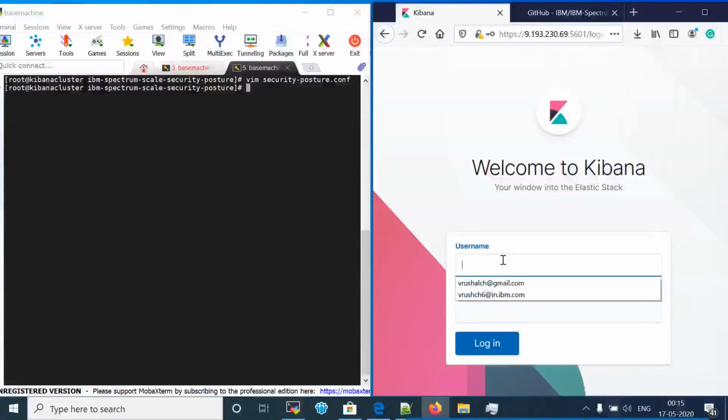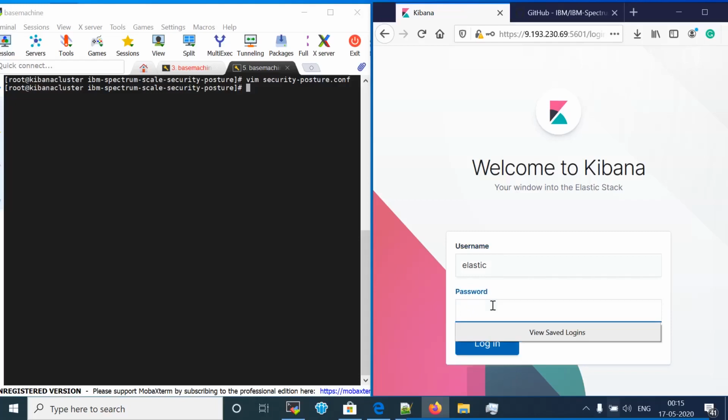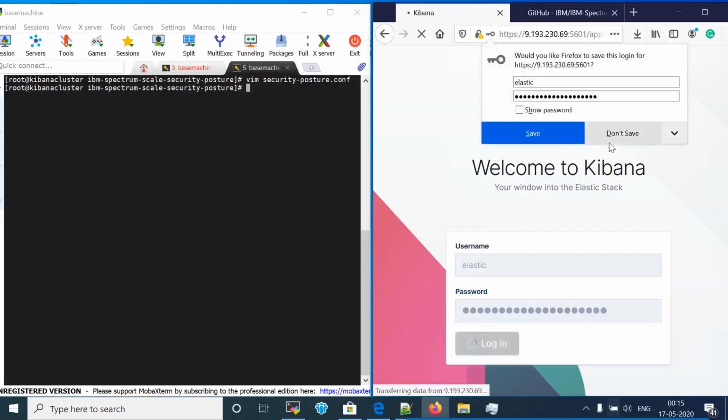So after we have followed all the commands in the GitHub repository, now we can log in to our Kibana. This username and password are the same as we provided in the configuration file.